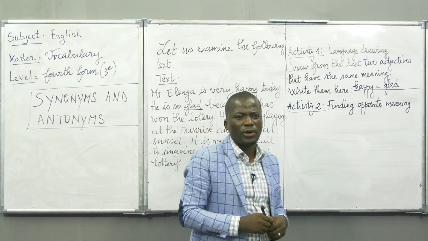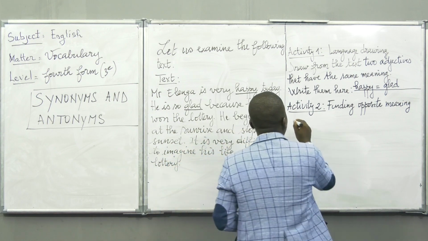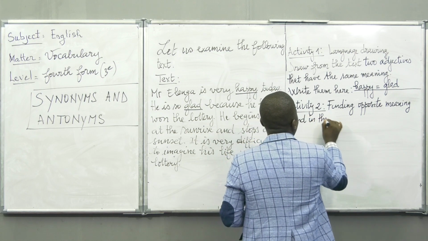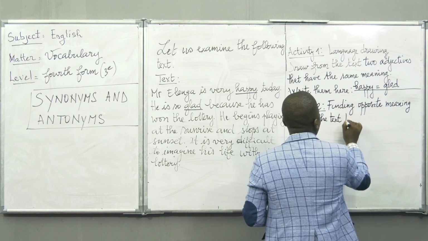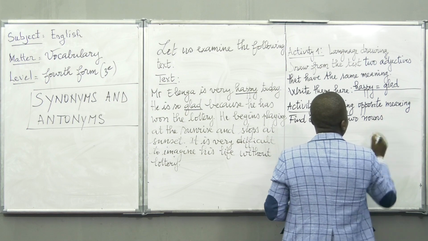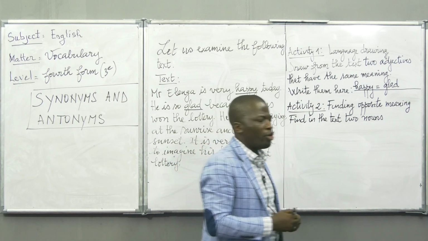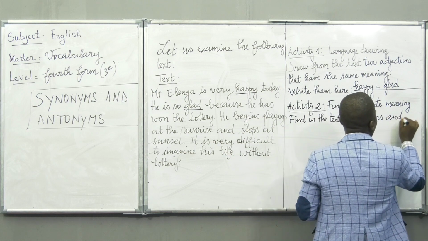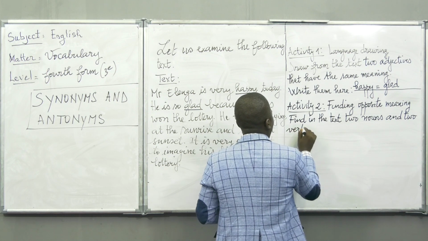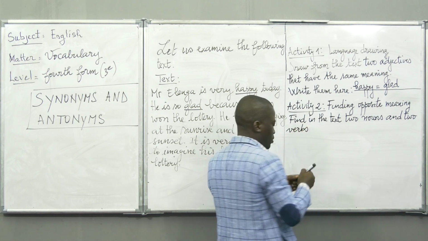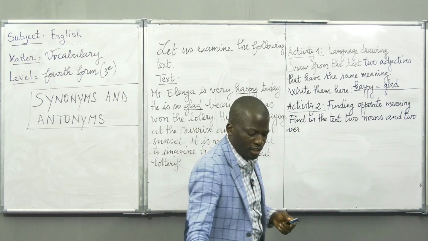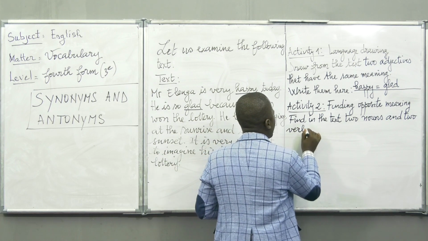Instructions: find in the text 2 nouns and 2 verbs